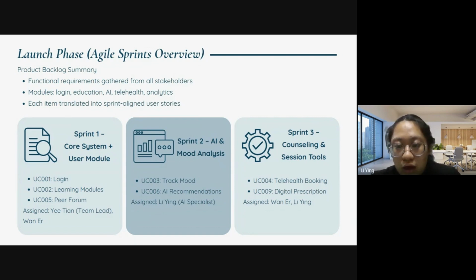Sprint 2 handles AI interactions and mood analysis features. This includes the AI-powered mood tracker, which is UC003, and smart content suggestions, which is UC006, assigned to Ying, who specializes in AI functionality. For Sprint 3, we delivered our counseling and dispatches modules, specifically